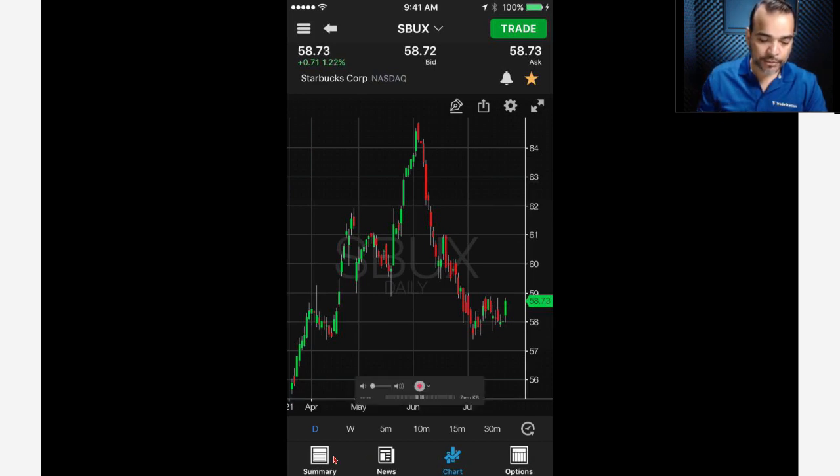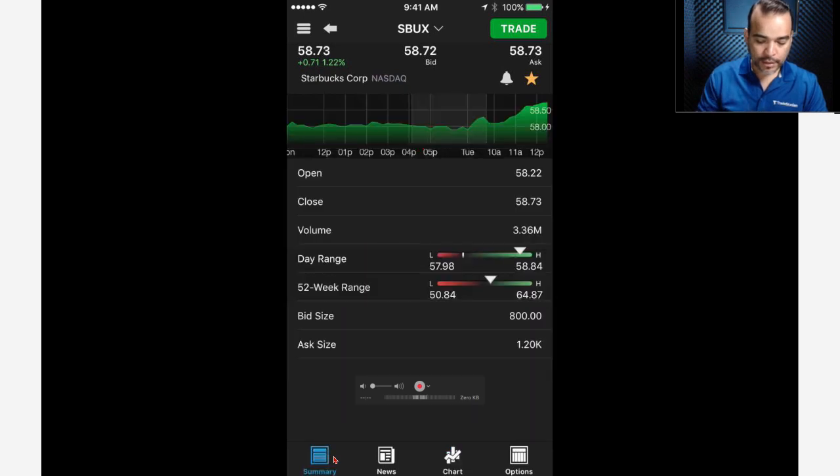I'm going to tap on summary right here on the left, and it gives you a summary of Starbucks. It gives you what the intraday activity looks like. You can see a little graph right there on the top. You can see detailed information about the range. This is today's range, the low, the high, and what the current price is in relationship to today's range. And you can see the same thing for the 52-week high and low, and how the current price relates to